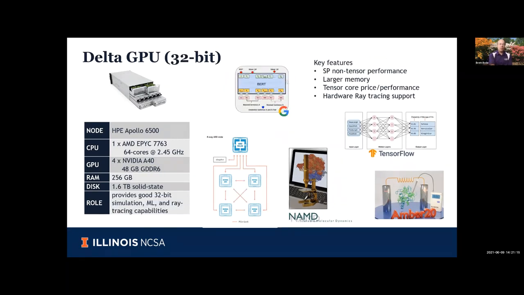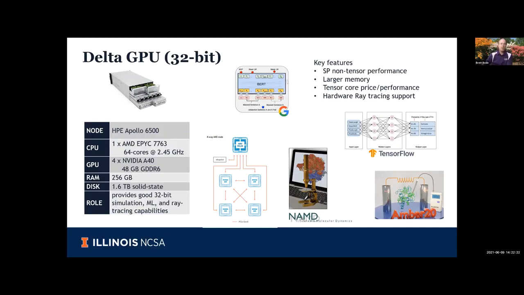In addition to the 64-bit GPUs, we have another 100 GPUs that are configured with the same host node as the quad A100 nodes, but instead of the A100 GPUs, they have a version that NVIDIA is calling an A40. This is based on the same Ampere architecture, but lacks the 64-bit capability and uses 48 gigs of GDDR6 memory instead of the 40 gigs of HBM2. So there's a bit of a trade-off. The lower memory speed reduces performance on some applications, but there's very good 32-bit capability, and it still has the same tensor core capability as the A100. But due to the lower memory speed, your mileage may vary on exactly how much throughput you get out of it. On the other hand, the A40 has a unique ray tracing capability that makes it very interesting for certain types of